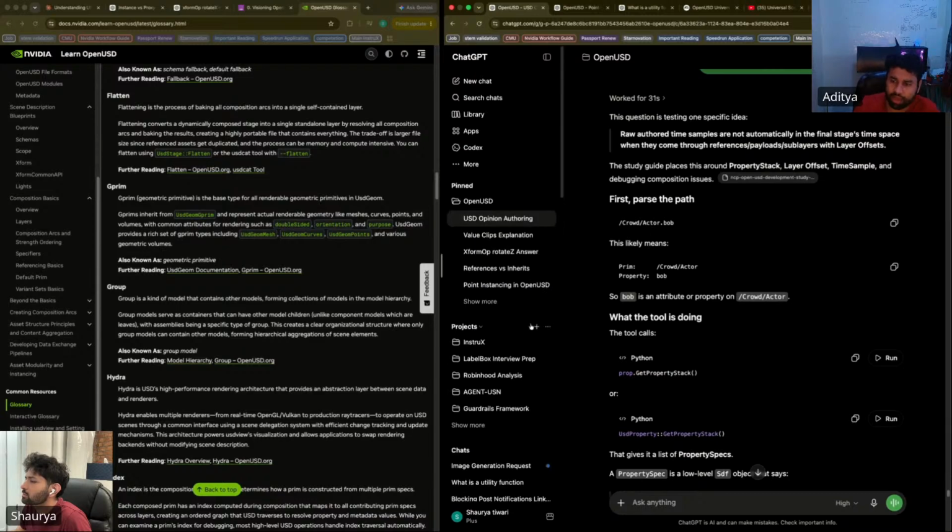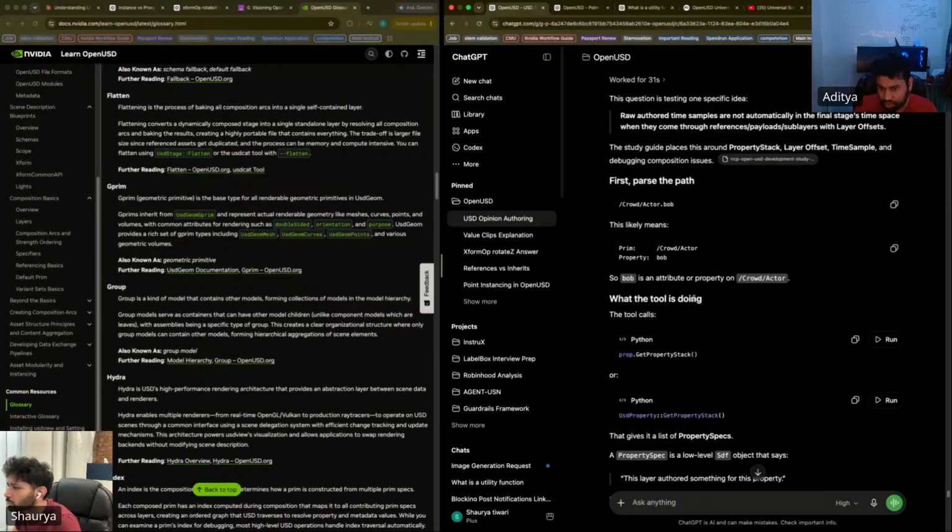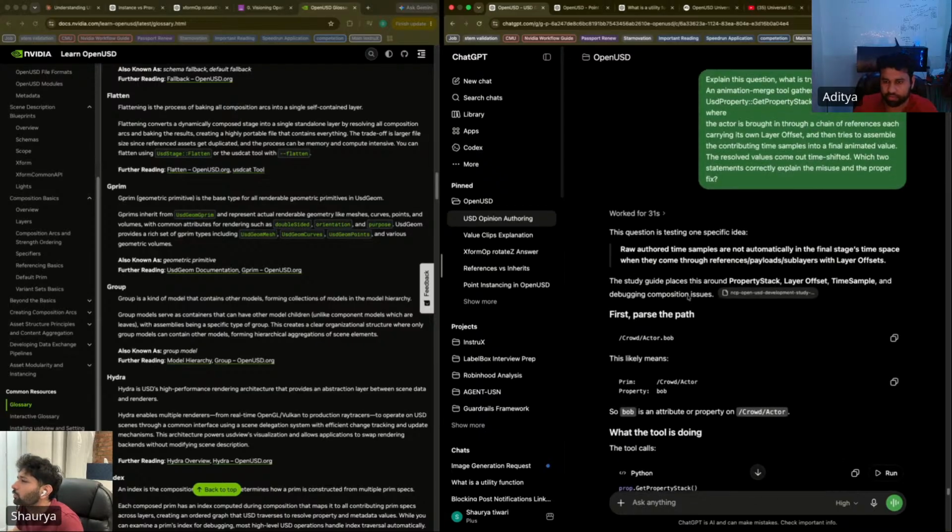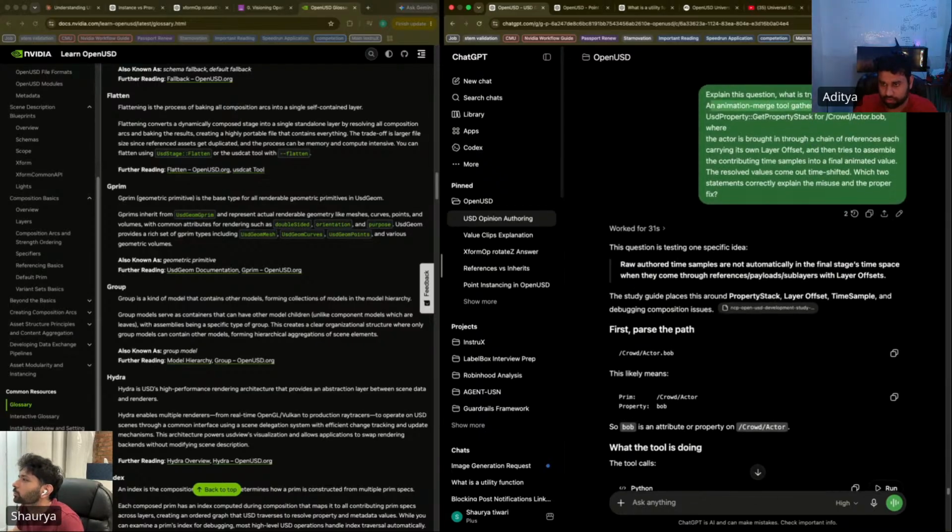Raw authored time samples are not automatically in the final time space when they come through reference, payload, or sublayers with layer offsets. So Bob is an attribute or property, and here is what the tool is doing. An animation merge tool gathers property specs from USD property get property stack for CrowdActor.Bob.